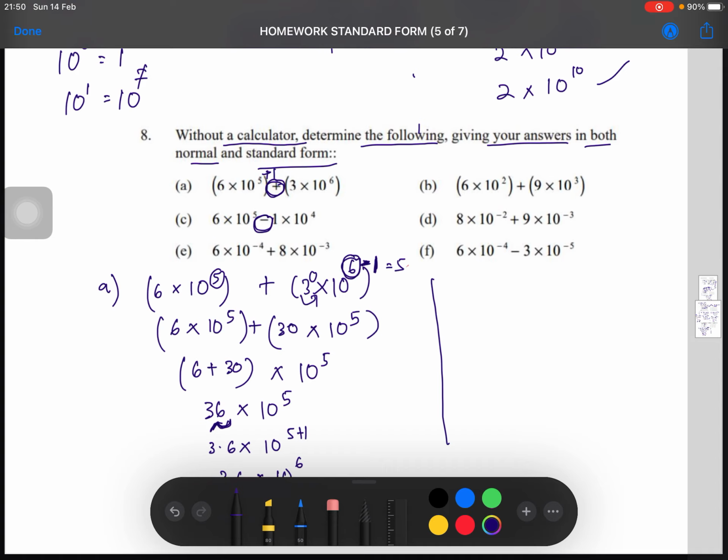Plus 1, that means we are moving to the left 1. Okay, so we have 0.6 times 10 to the power of 9